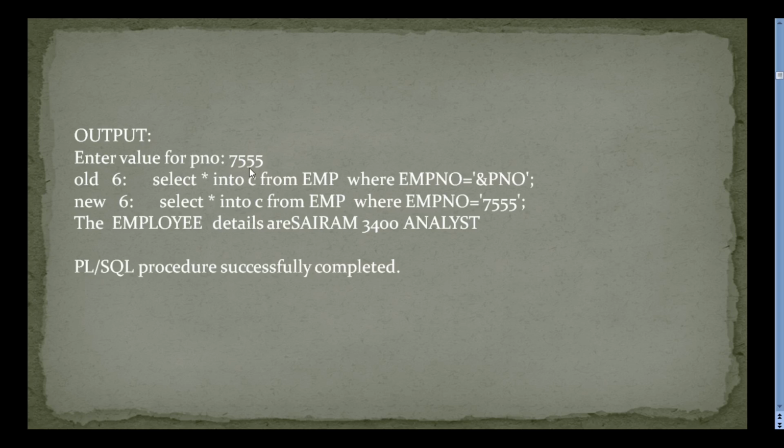Enter the value for PNO: 7555. Then employee 7555's values are fetched into the record type or row type variable c. With the help of c, you can display whatever values you want from that record. Here I print the ename, the salary and the job. This is how we use the %TYPE and %ROWTYPE variables in programs. Follow these examples thoroughly. I forgot to tell these programs' execution in the previous video. Note down and follow clearly.